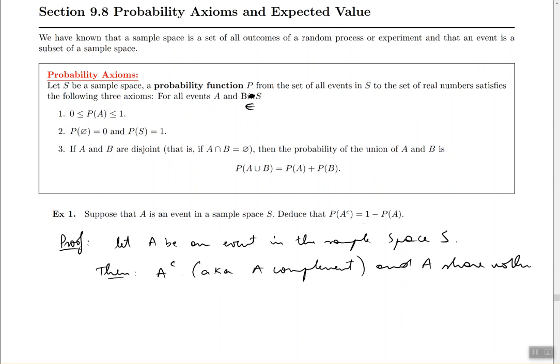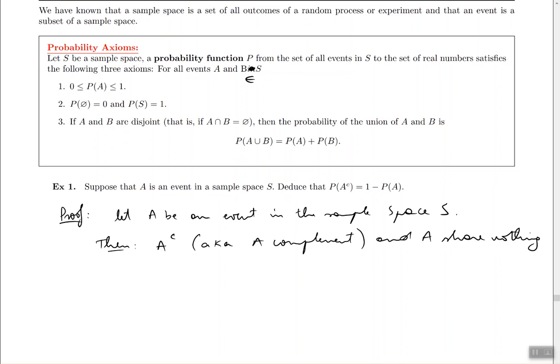Okay, how do I know this? Well, I know this from theorem 6.2, right? There was a theorem, a table that said something like this. A complement intersected with A is basically the empty set. Also, A complement union A is basically the whole universe. Okay, so this was basically theorem 6.2 point something. It was called the complement law. It was that table with all the different theorems.